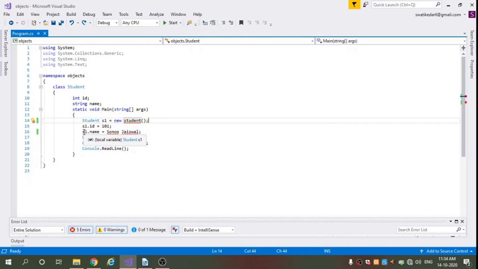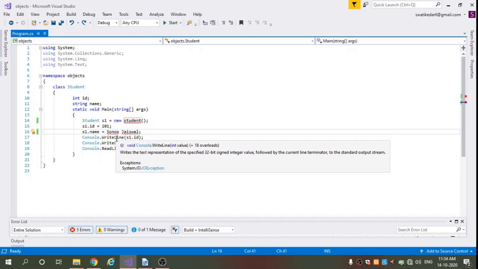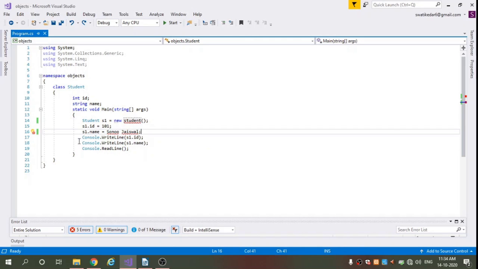After that we are accessing the name field using the object: s1.name = Sonu Jaiswal. We are passing a string to the name. After that we are printing the id and the name on the console using Console.WriteLine(s1.id). The id will be printed on the console, and Console.WriteLine(s1.name). The name will be printed on the console, means 101 and Sonu Jaiswal will be printed on the console.